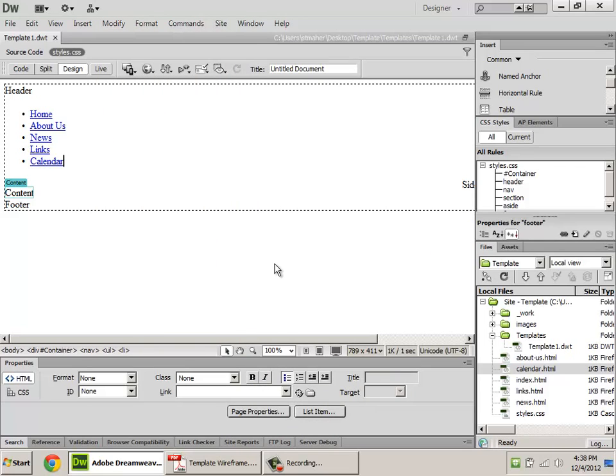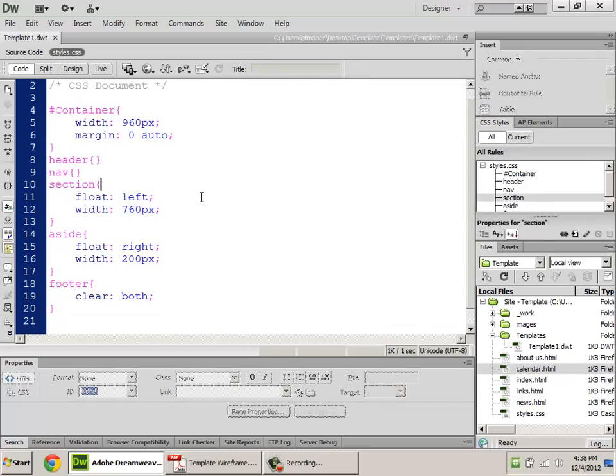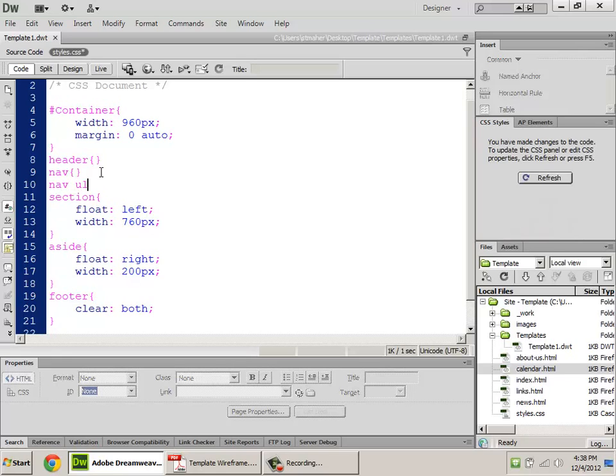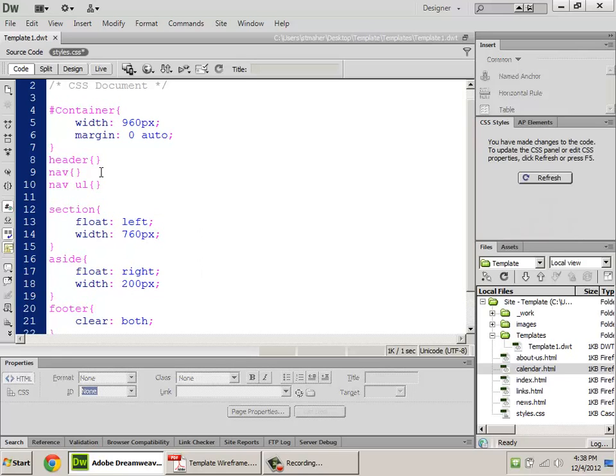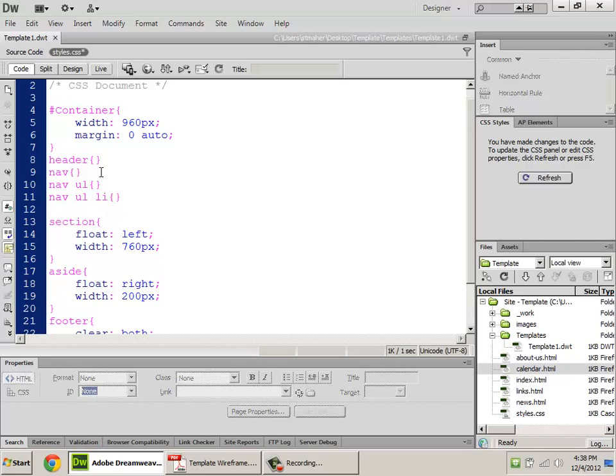Now, this is almost done. I need to get the navigation bar horizontal. So to do that, I'm going to go into my CSS. If you've never done this before, I need to create a whole bunch of CSS selectors. I need to select the unordered list that's inside the navbar. I need to select all the list items that are in there. I need to select all of the A tags,